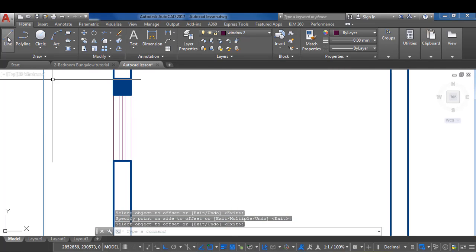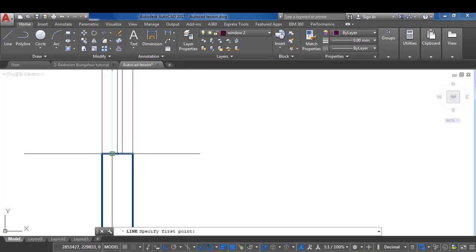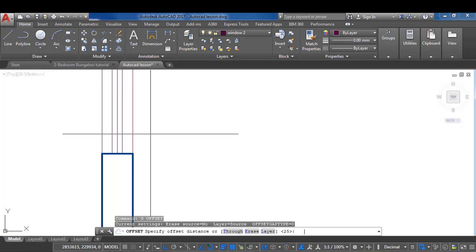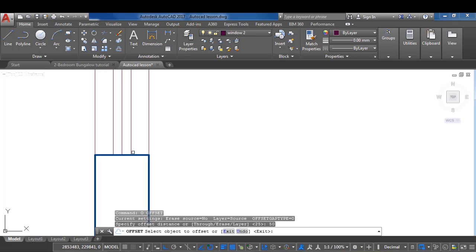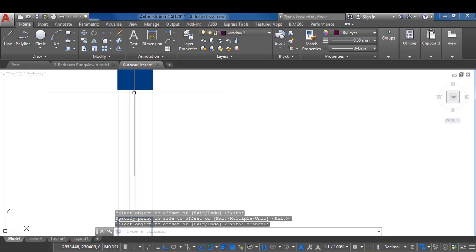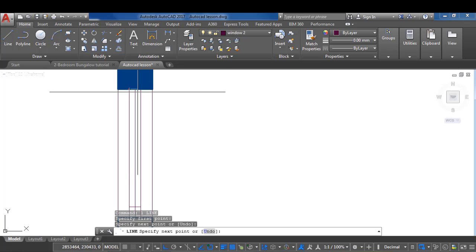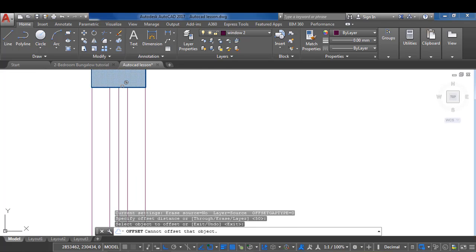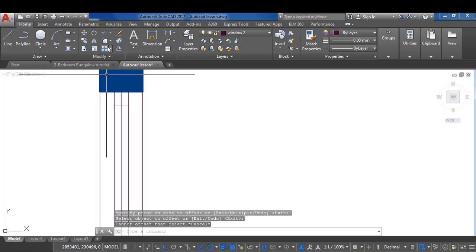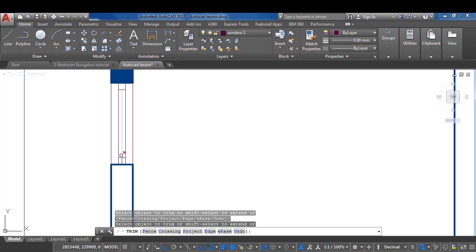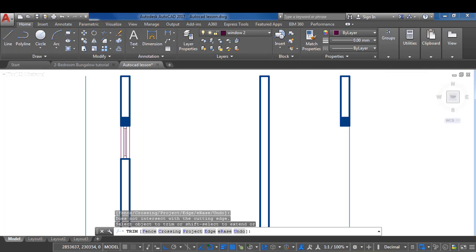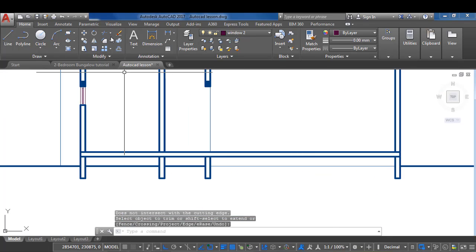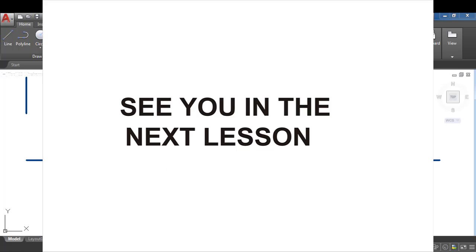If you can still do more, if you so wish, you can even put another 50 mm here, just for graphics sake. You zoom in, you also do the same here, as you wish to go about that. You now trim, you go to your trim, click enter, you trim this place, and you trim this place. So that represents the toilet window for this class. So let's take note of that, and we shall continue in our next